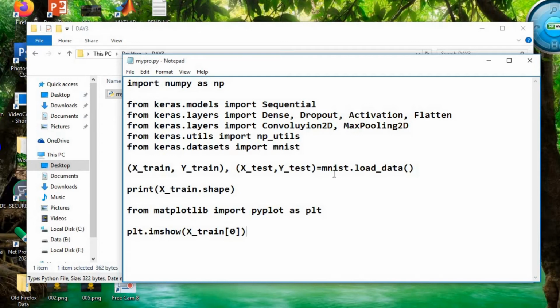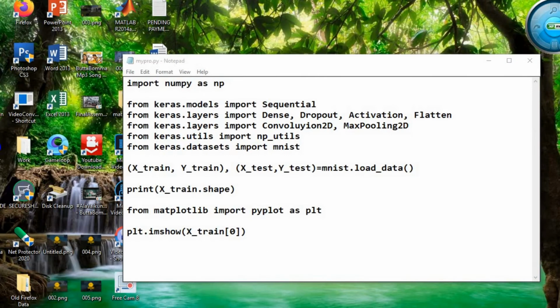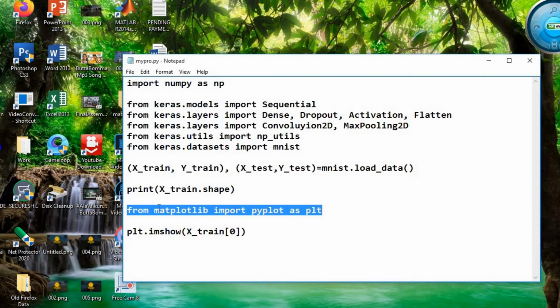Matplotlib may not have been installed during our first day session, so we will also install this matplotlib library required in our program. Another aspect is that in Python 3 we can call any library anywhere in the program, not necessarily at the start only. Like in Python 2 we were unable to call a library anywhere in the program. So while writing a program, you can call these libraries anywhere.